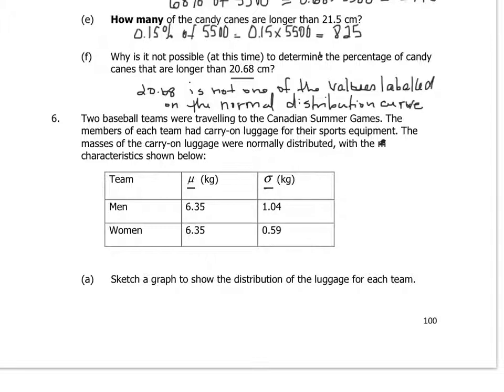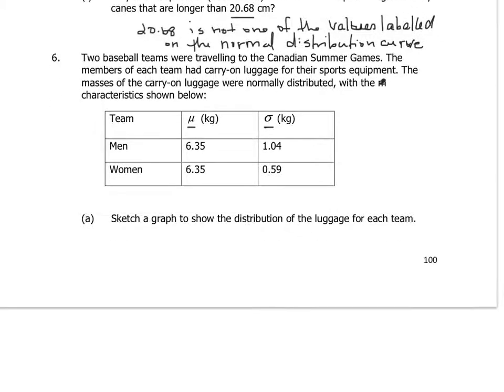Sketch a graph to show the distribution of luggage for each team. Not a whole lot of room there, but we'll try to fit it in. So we would have for the men, sorry about the graph, it's pretty sad looking. So you'd have 6.35,